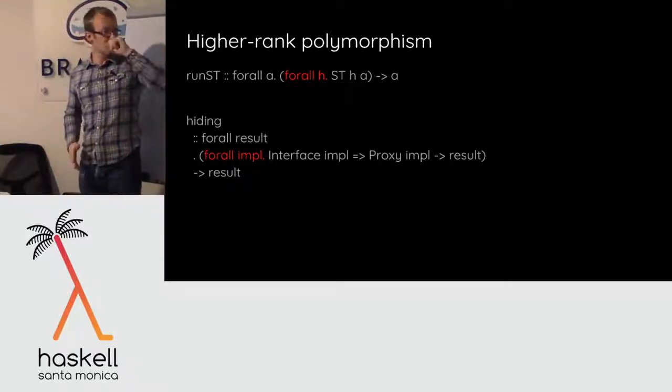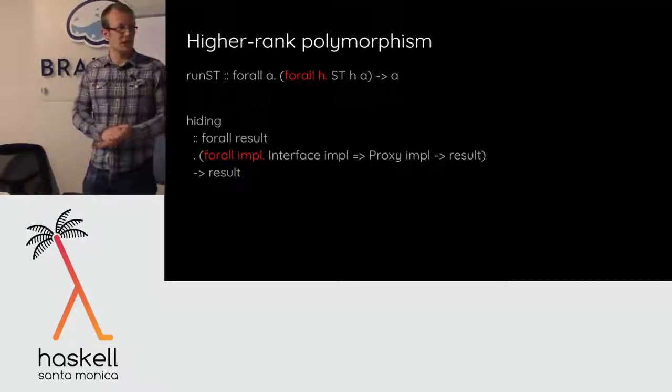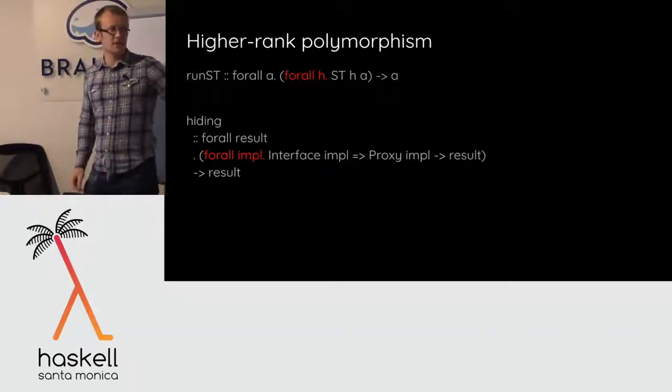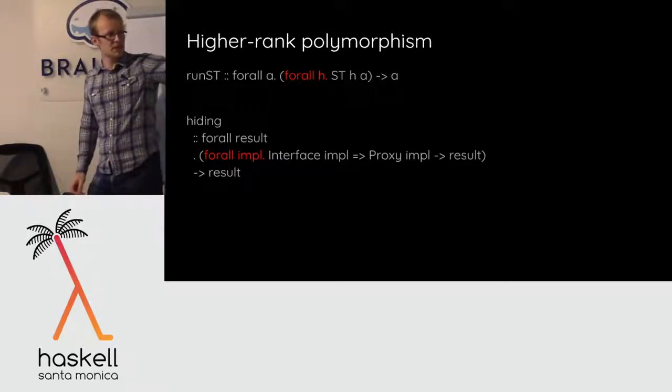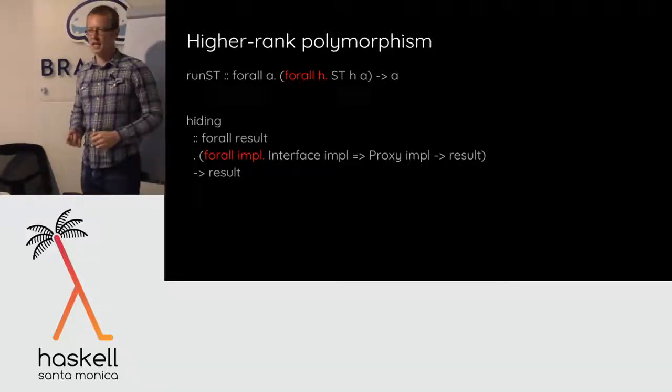Another cool thing you can do with this is information hiding, right? This is a little bit like existential types, if you've heard that term. Suppose I have some interface, and I want to give you an implementation of that interface, but I don't want to tell you what the type was that implemented it.